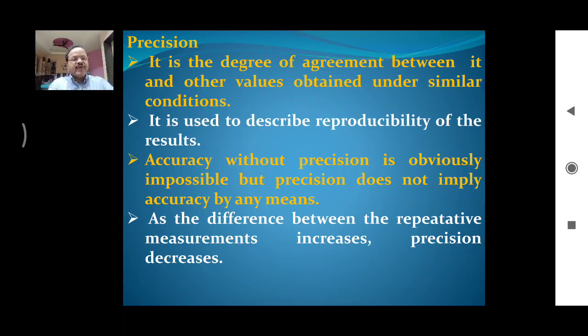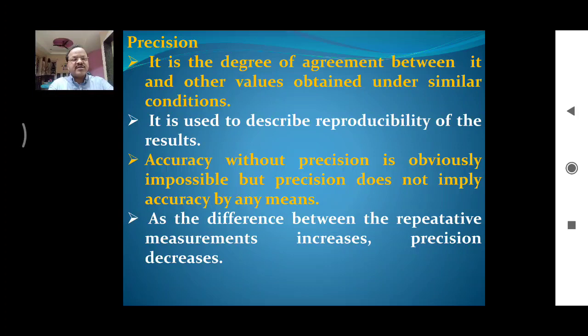Suppose we perform another experiment, and the true value for that sample is 10, and we got the readings 10.5, 10.5 and 10.5. This reading is obtained three times. So we can say that there is precision, but what is the true value? The true value is 10, and the obtained measured value is found to be 10.5. So precision is observed in this analysis, but there is no accuracy in this